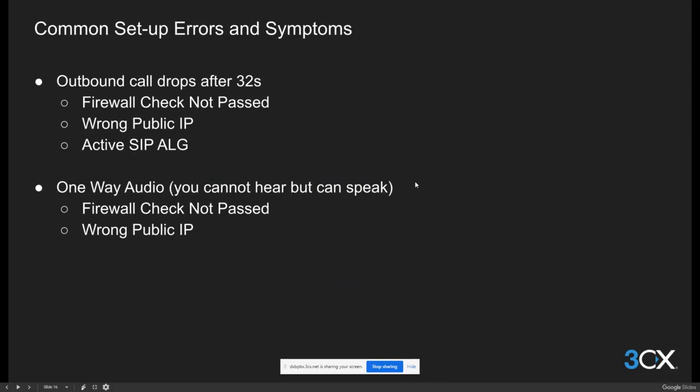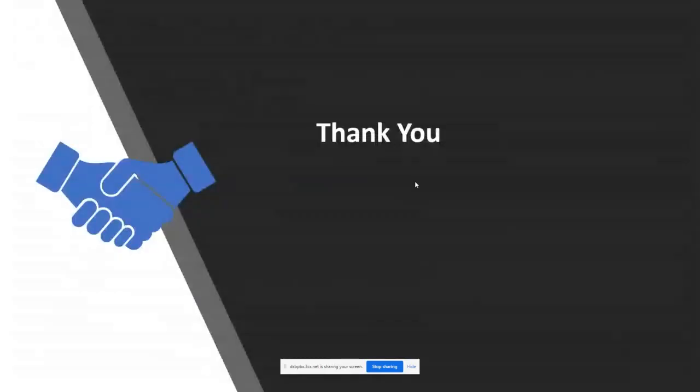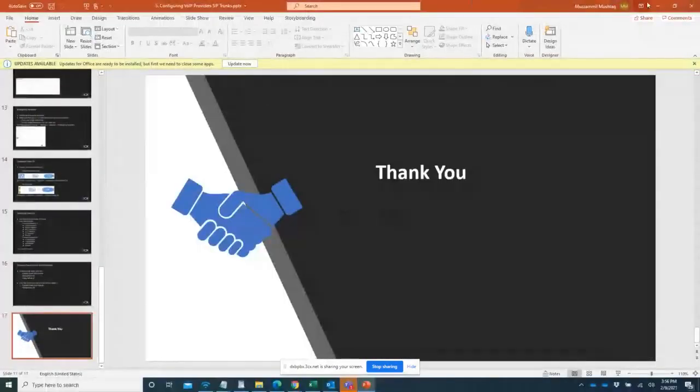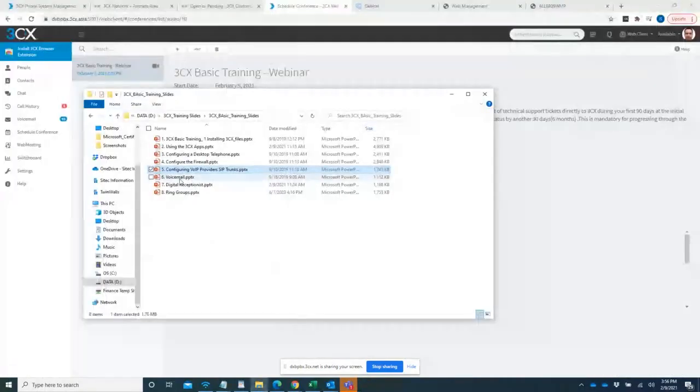So one-way audio, yes, again one-way audio: again the firewall check is not passed, or CPLG could be the reason if it's not disabled. You can face these errors. So these are all the firewalls. And the SIP trunk, if we are going to use a SIP trunk,